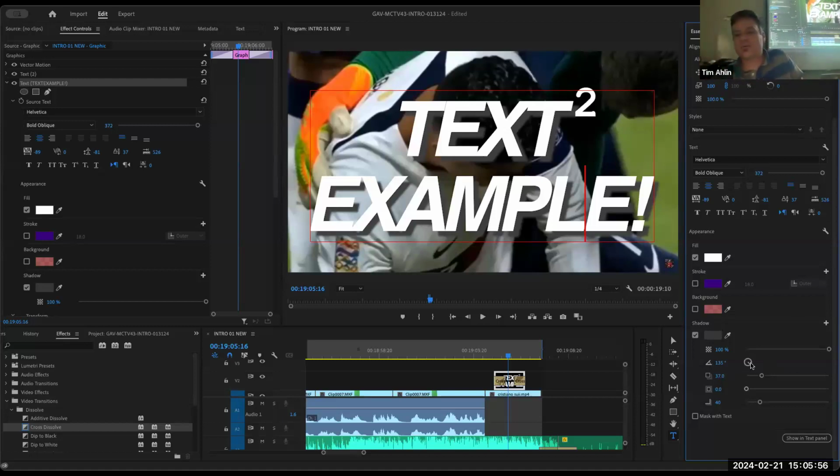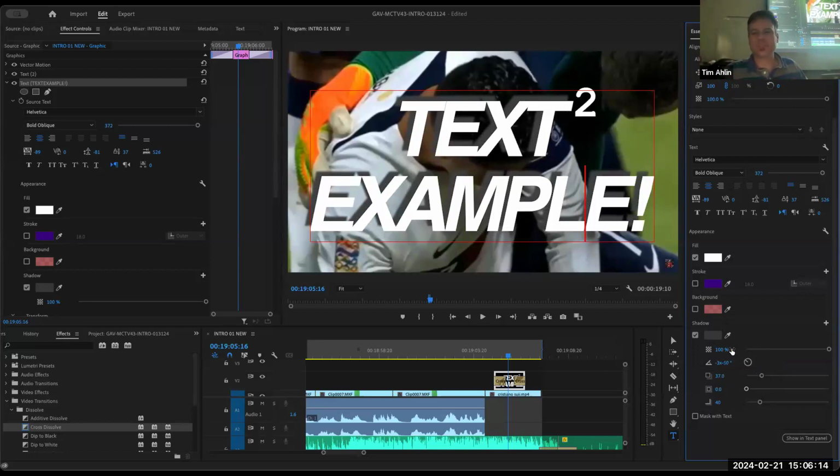Depending on where your angle is, the shadow is going to be at the opposite of that. If we scroll around, we can see the source is changing. It's like the light is pointing up now instead of down, or we can make it go straight down, or left or right. I usually tend to go with this angle.